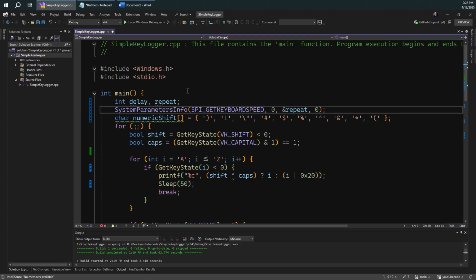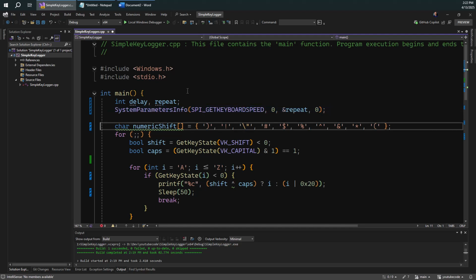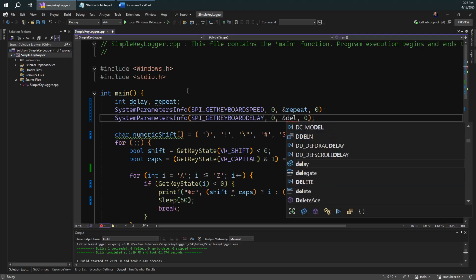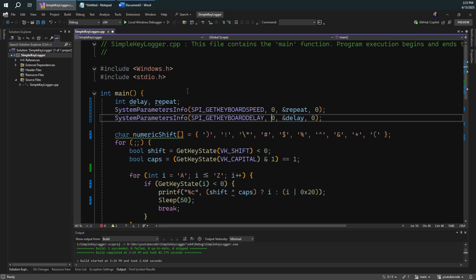There's some other values here which are of no interest. So that's one value you can get. The second one is the delay. That is the initial delay before the repeat begins. So you can get that as well using delay, which is SPI_GETKEYBOARDDELAY here. That's the value. So we get this information into these two variables, and now we can use them inside these